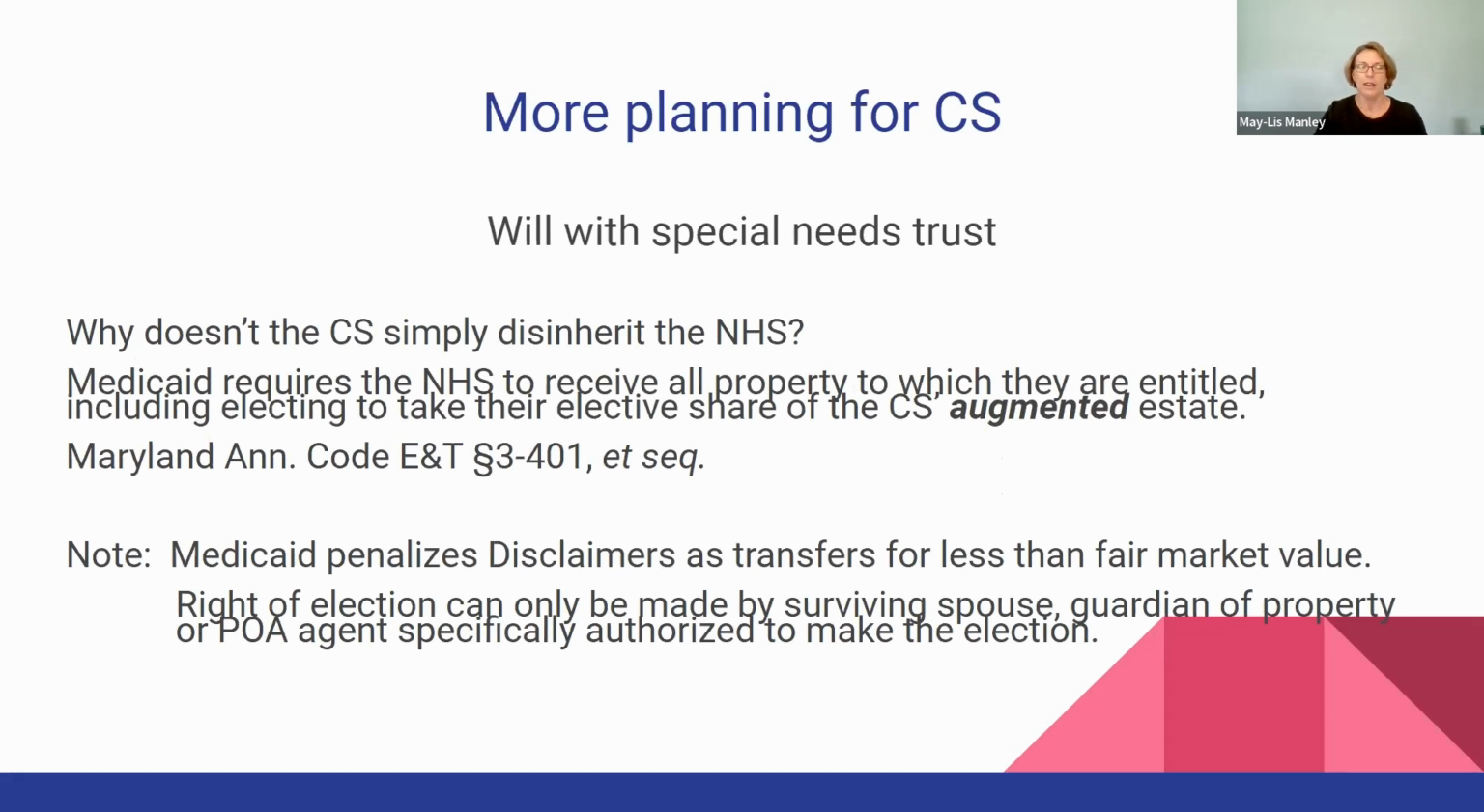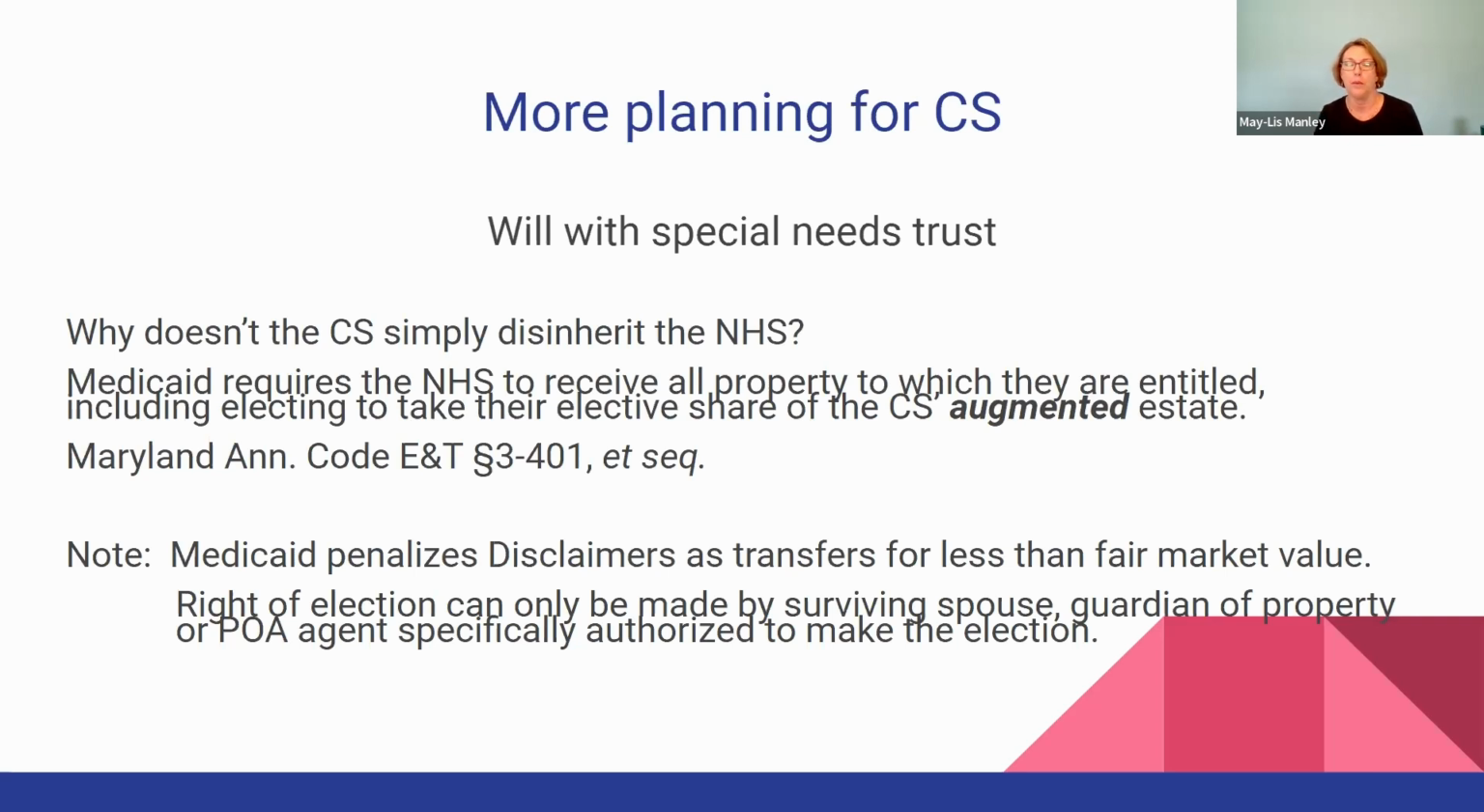So you may be thinking, well, why doesn't the community spouse just simply disinherit the nursing home spouse? We used to do that. We used to tell the community spouse, let's make sure nothing passes through your probate estate. Let's have it all passed by beneficiary designations, by life estate deed, by payable on death accounts. And the reason for this is because Medicaid requires the nursing home spouse to receive all property to which they